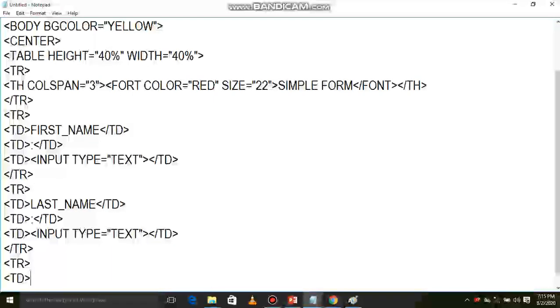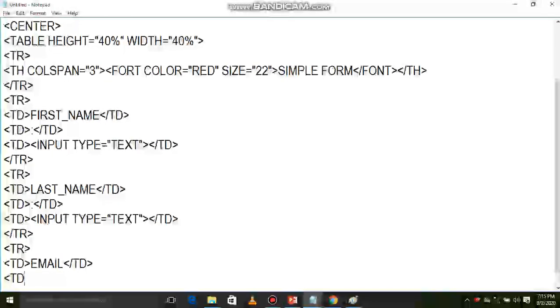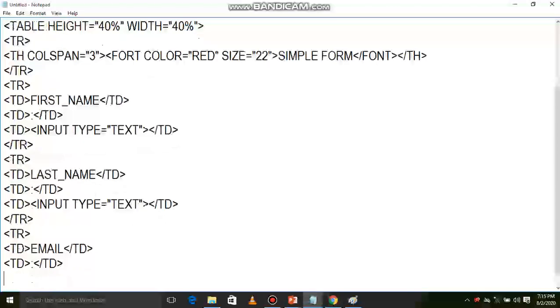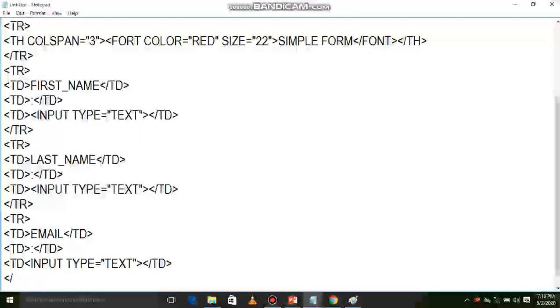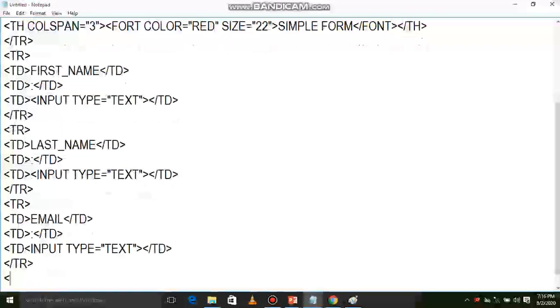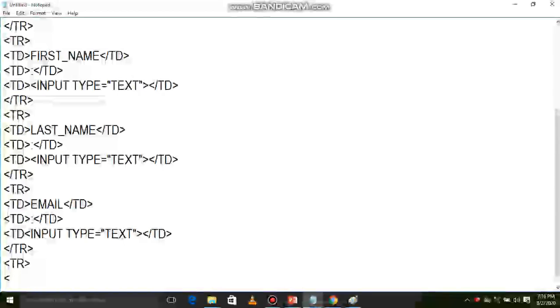td, email, td close, td, td input type is equals to text, tr close. Next one more tr here, td colspan is equals to 3,